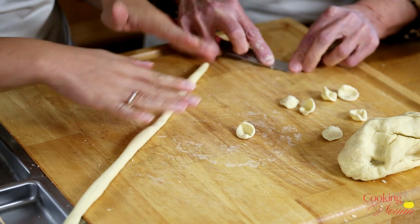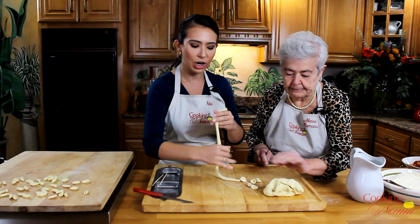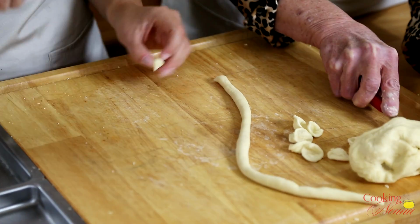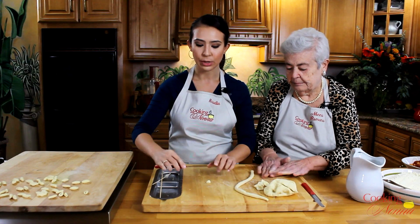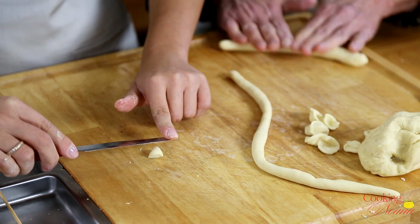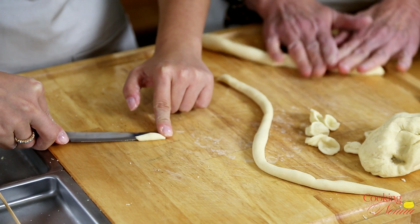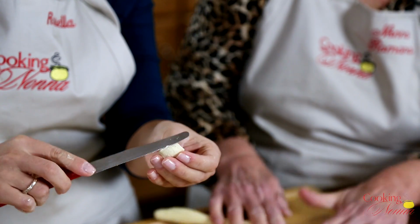So orecchiette mean little ears. Some people think they look like little ears, little hats. I've heard it all. And the way you make orecchiette is you take a little piece just like Cavatelli. It's the same positioning as Cavatelli, except an extra step. So again, the serrated edge knife, the blade is away from you. Your index finger is on the tip. We're going to go parallel. We're going to pull towards us. But at the end, I'm going to keep it on the knife, and I am going to flip it over